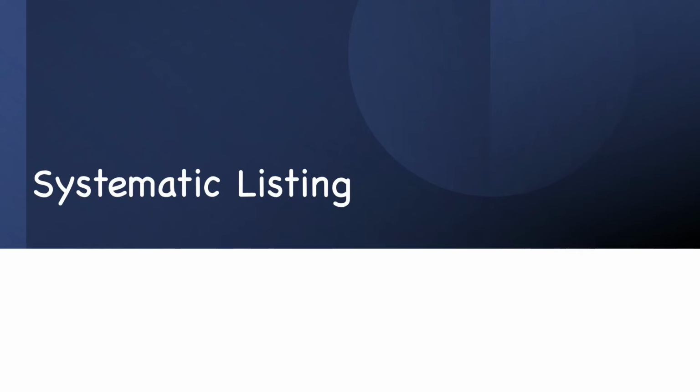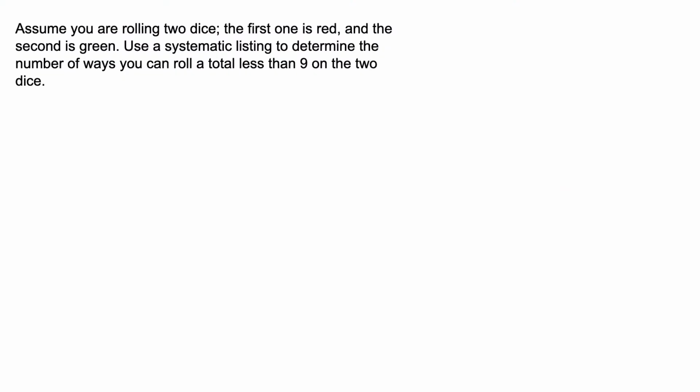Systematic listing. Assume you are rolling 2 dice. The first one is red and the second is green. Use a systematic listing to determine the number of ways you can roll a total less than 9 on the